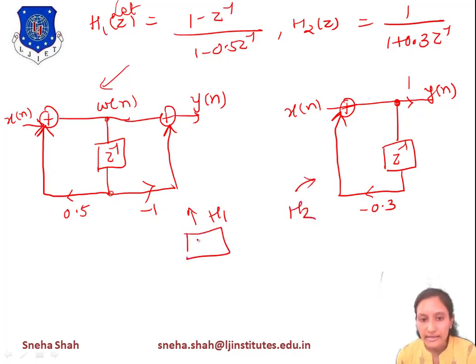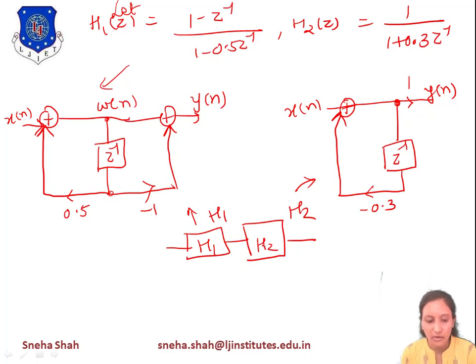Now in the cascade form, h1 is applied to h2, and it will give you the output. So we have to represent it such that the output of h1 is given to the input of h2. So finally we will represent this signal in cascade form as x of n. This will be represented first